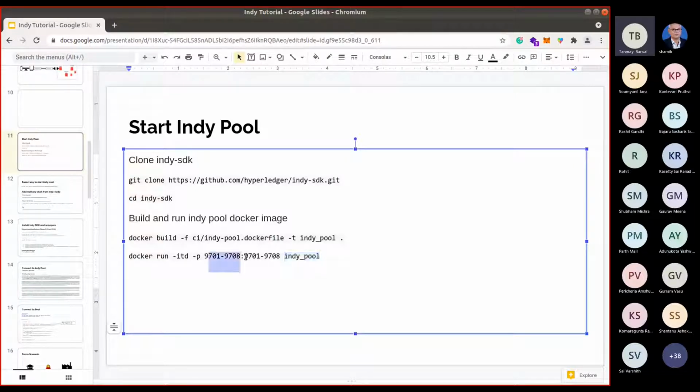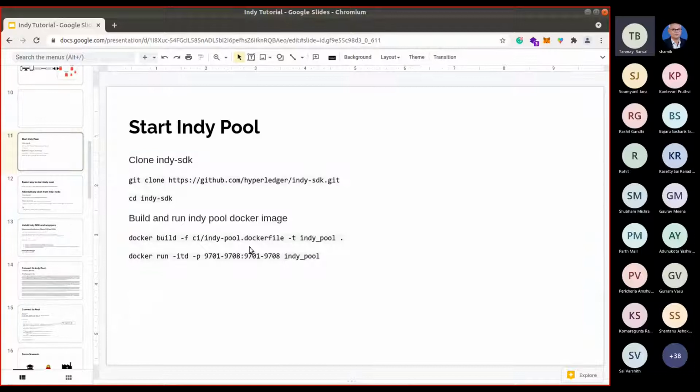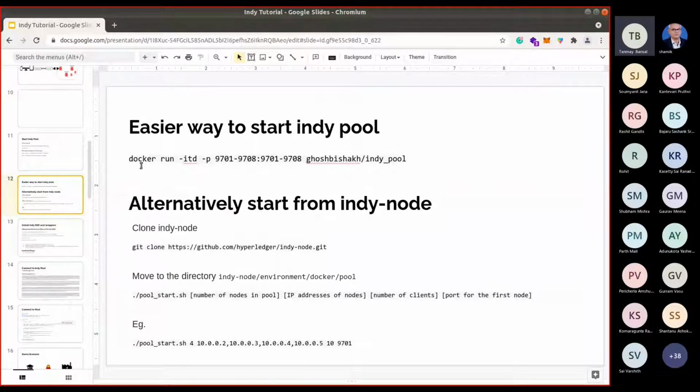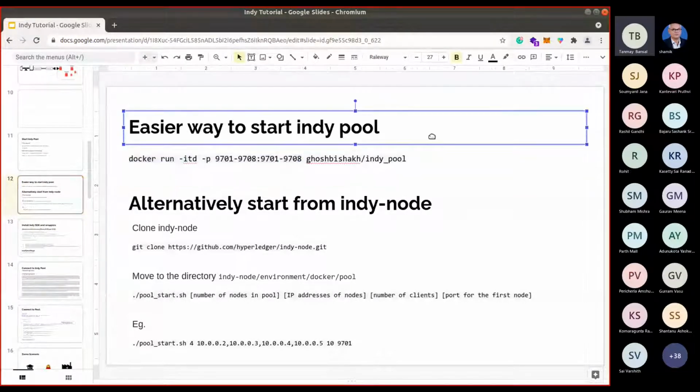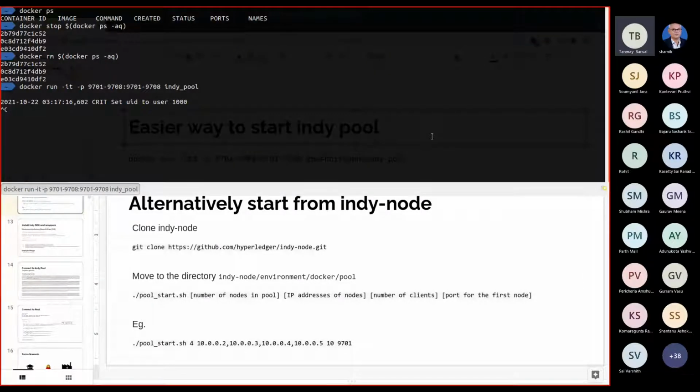This will run a Docker container, and inside that single Docker container it will run 4 Indy nodes. Those 4 Indy nodes will form the Indy pool, and they will be running the blockchain. But I have created a separate Docker image which will be much easier, so you can just use this image instead. I'll show you.